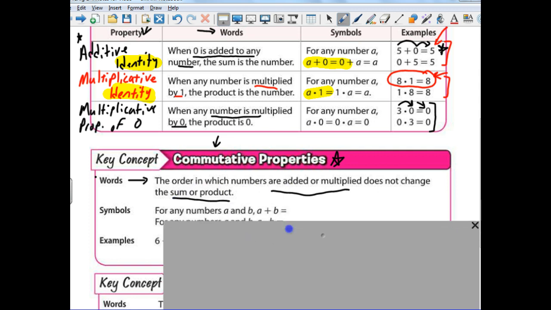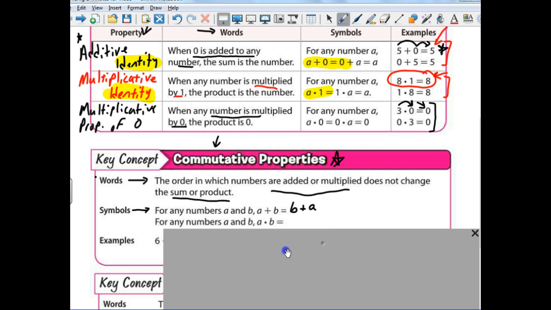Okay. Symbols, they do this. They're going to show it to you in algebraic terms. Okay. And write this down. I'm going to actually fill in a blank here. For any numbers a and b, if you add a plus b, that equals, you write down this, b plus a. That's the multiplicative, I'm sorry, that's the commutative, I said it wrong. That's the commutative property. The order changes, but the answer does not change. Multiplication, if I say a times b, that's the same thing as saying b times a. Okay, so those are symbols showing you